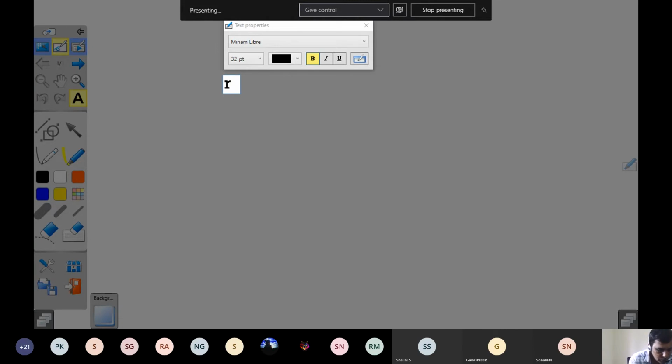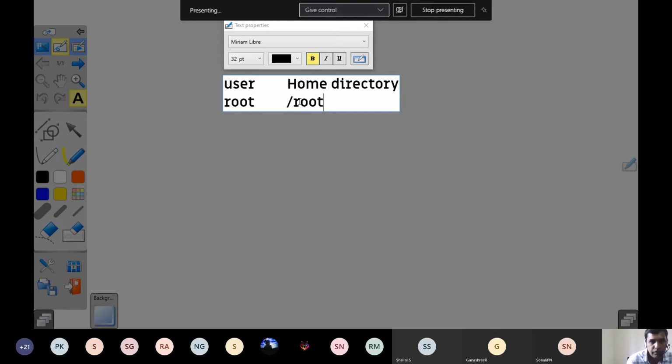This is user and this is directory. Or let me call this the home directory of a given user. So the home directory of the root user is slash root.